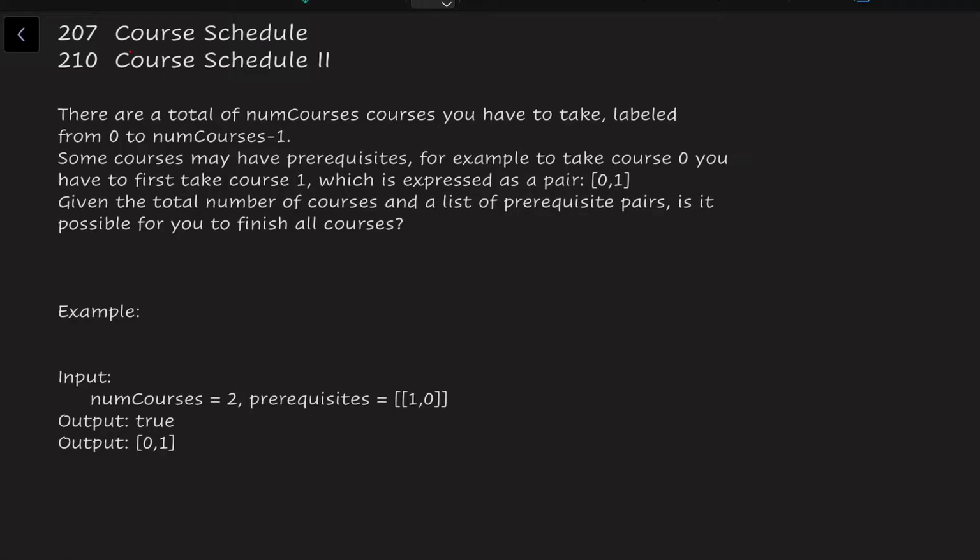In this video, we're going to talk about number 207 Course Schedule and 210 Course Schedule 2 on LeetCode. Let's look at the question first. There are a total of numCourses you have to take, labeled from 0 to numCourses - 1. Some courses may have prerequisites. For example, to take course 0, you have to take course 1 first, which is expressed as a pair 0, 1. Given the total number of courses and the list of prerequisite pairs, is it possible for you to finish